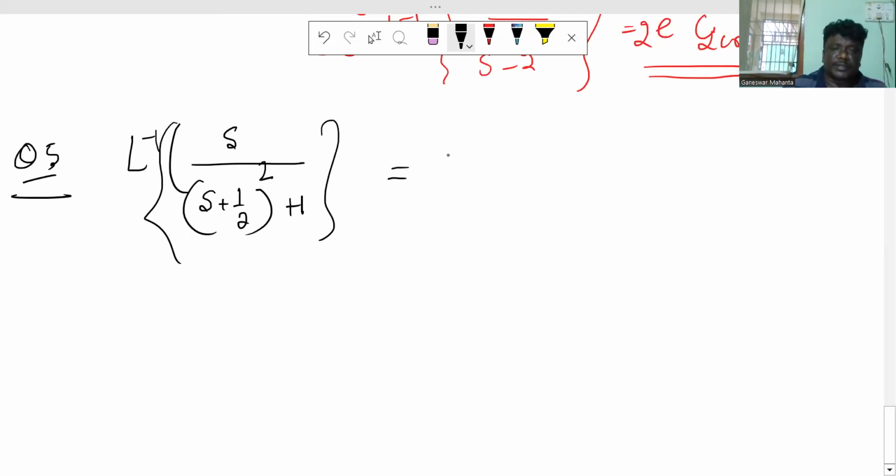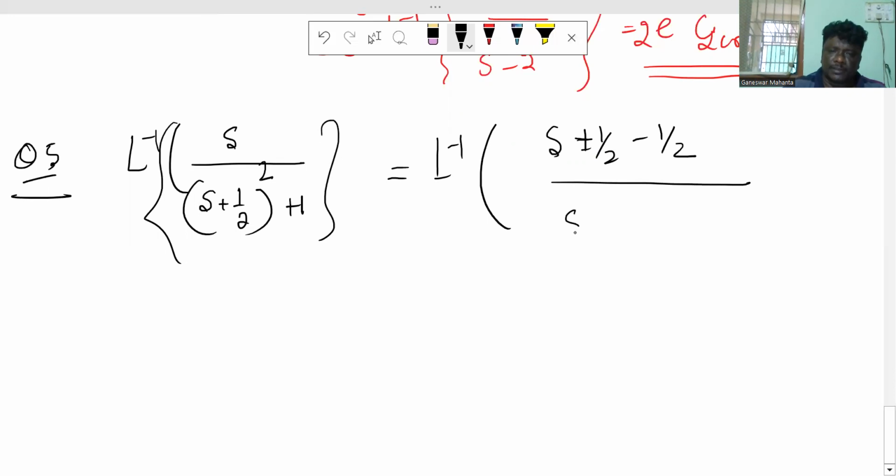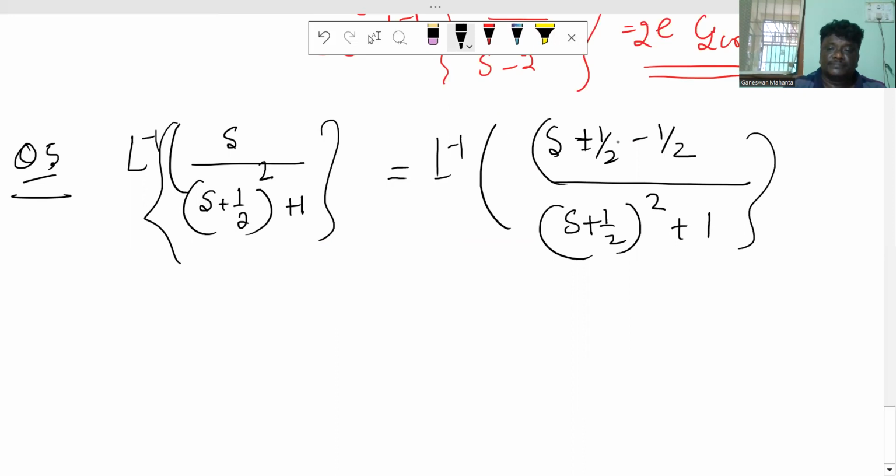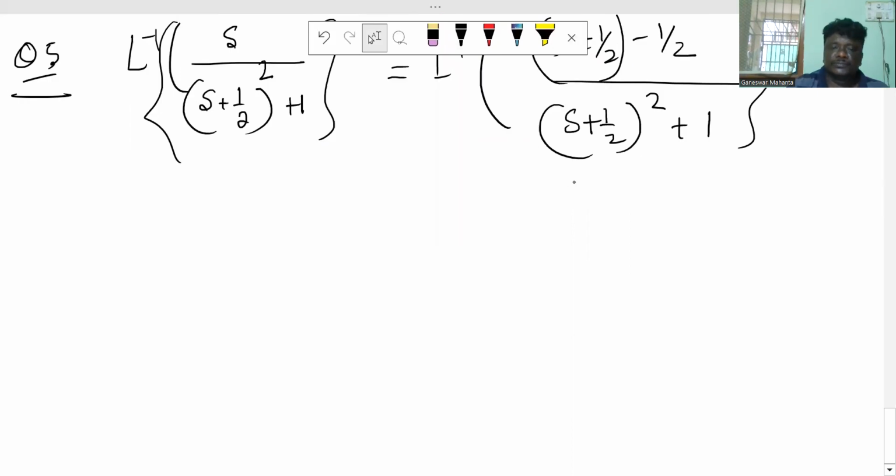So this is also you can retain here L inverse s, to s में यहाँ पे कुछ नहीं है, इसलिए हम क्या कहते हैं, एक s plus half ऐड करेंगे, एक माइनस हाफ यहाँ पे करेंगे, राइट. देन जस्ट यू कैन सी s plus half whole square plus 1. Now s is shifted here, so you can apply here also the first shifting theorem. यहाँ पे भी हम फर्स्ट शिफ्टिंग थ्योरम अप्लाई कर सकते हैं। तो कैसे करेंगे? L इनवर्स